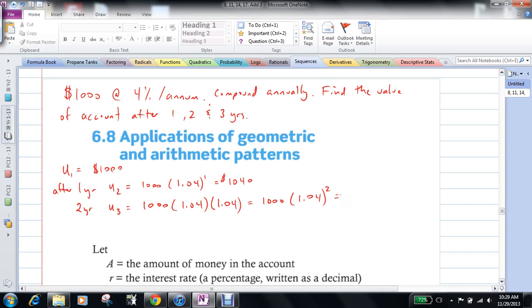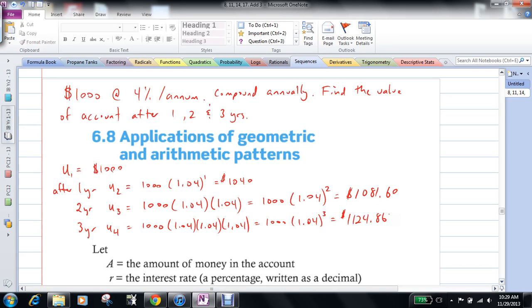If we button mash that in our calculator, we're going to have $1,081.60. After the 3rd year, of course, is the same kind of idea, except we are now multiplying 1.04 3 times, otherwise known as 1.04 to the 3. And the final value after that is